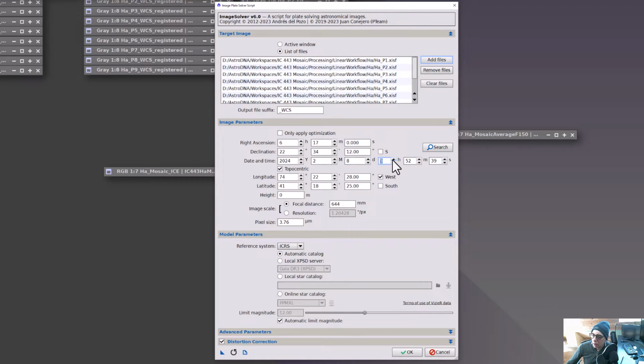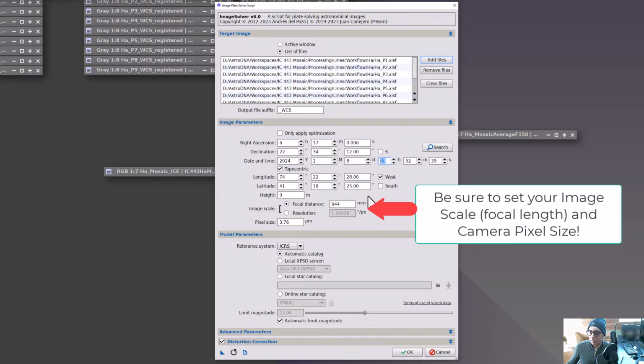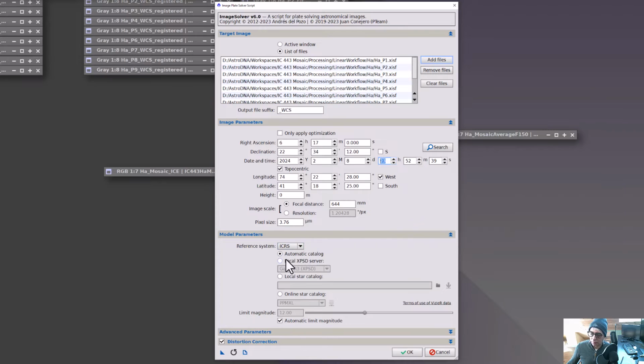Let's say it was on the 8th at, we'll go with 12 o'clock midnight. And you can use the automatic catalog. If you have a local XPSD server, you can do that. But for simplicity, we can go ahead with ICRS. Now, if I say OK here, and I'm not going to,